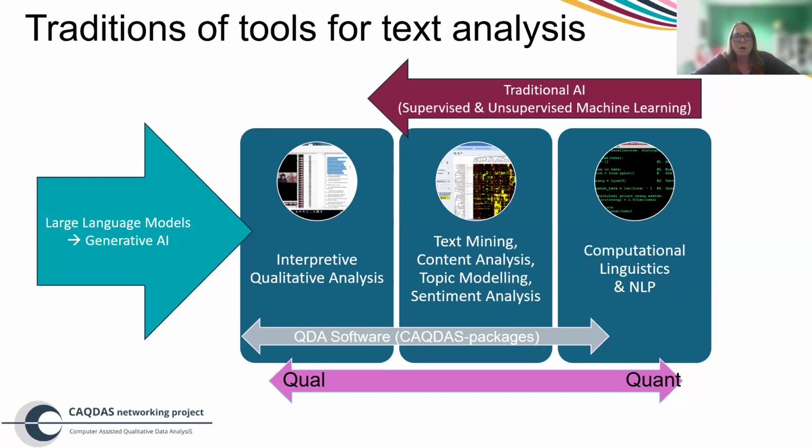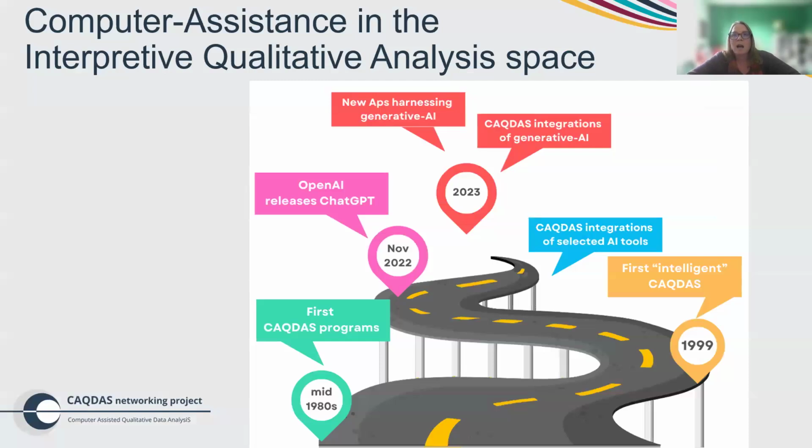In terms of the actual specific history, I would be interested to hear in the chat whether you've been using tools like MaxQDA, AtlasTI, Transana, Quirkos. There's many of them. Let me know in the chat which of those tools you're used to using, or indeed if it's none. It's interesting to know.